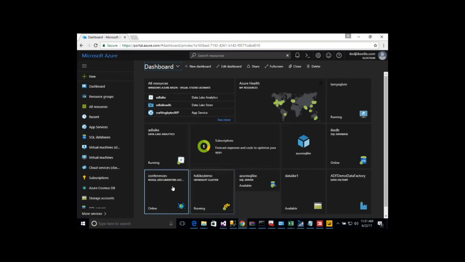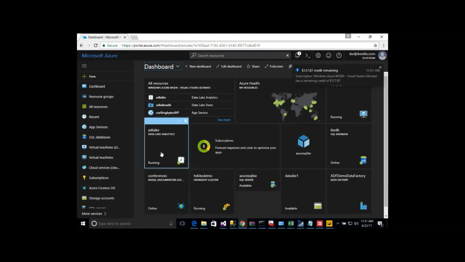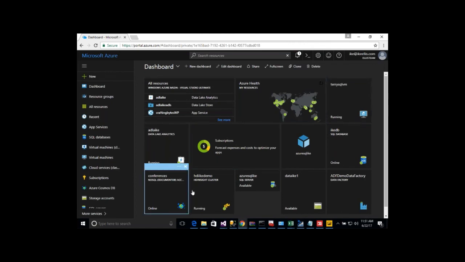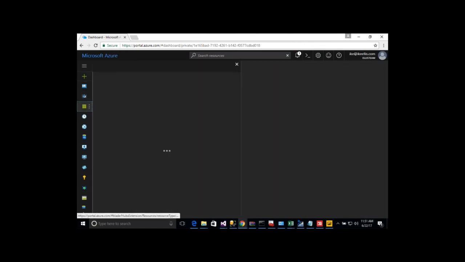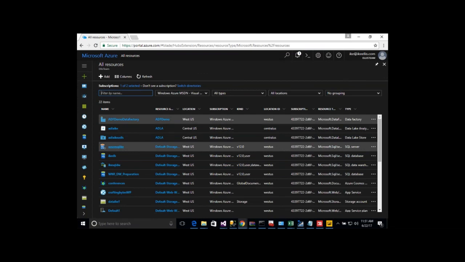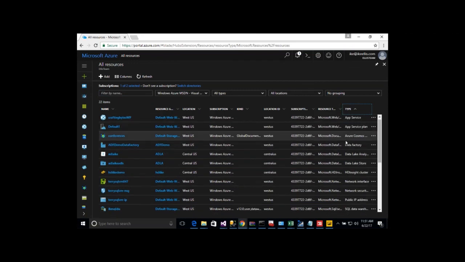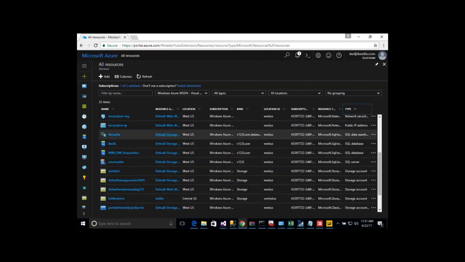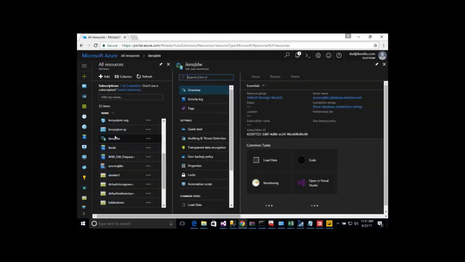Okay, so from here, my Azure SQL Data Warehouse is, and I thought I had it right up here. I don't see it, so it's probably in my All Resources. Click here, and then here's Azure SQL DW. Where is it? There it is. So it's Ike SQL DW, and if I click on that,